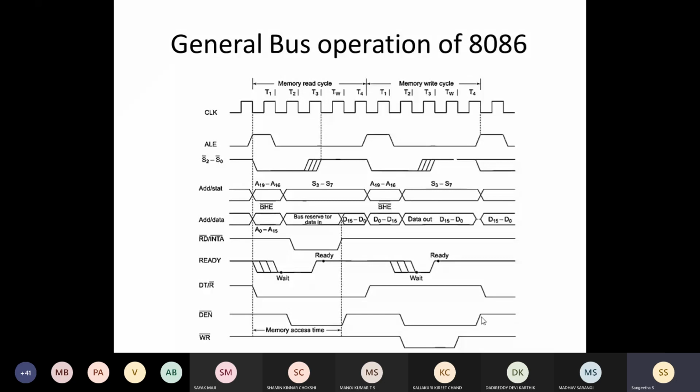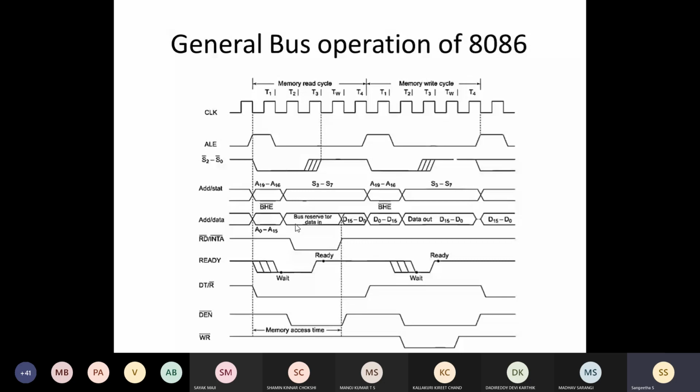So here you can see, the 4 addresses are multiplexed with the status, and similarly the 16 addresses are multiplexed with data. Like that, we are multiplexing address and data in order to maximally utilize the pins. That's why we are going for a 40 pin package. Similarly, when I want to demultiplex this, you have to use some transceivers, which will be required when I need to demultiplex the data and address.